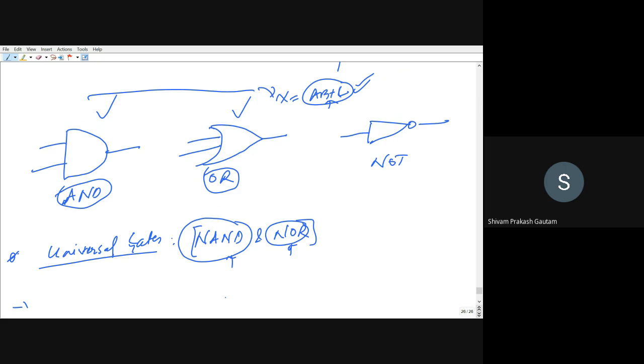Now, what is the advantage of using only a single gate, that is either a NAND gate or a NOR gate? The advantage is that, again, uniformity will be maintained. Because when you talk about a digital system, there will be millions and millions of transistors and logic gates, right? And if some fault or malfunction occurs, then it will be a great task to find out where the fault has occurred and to replace